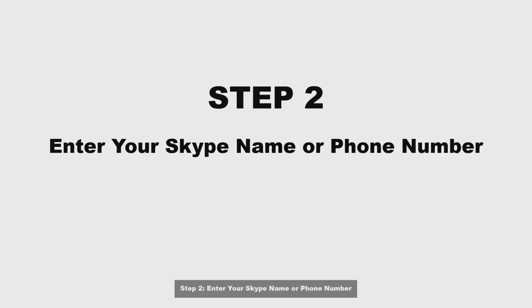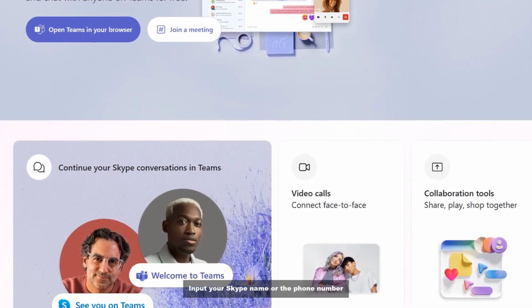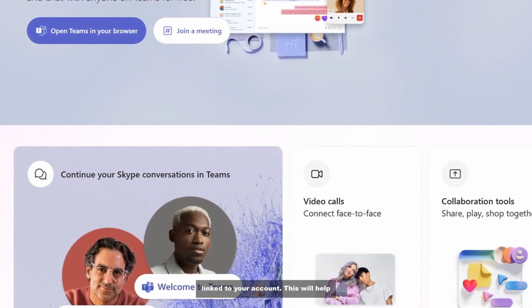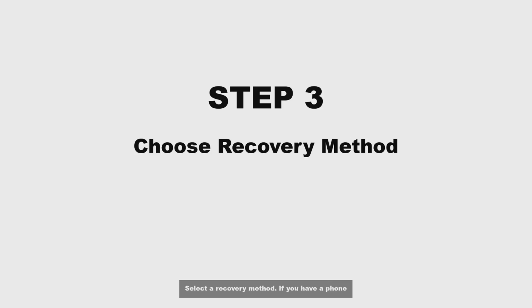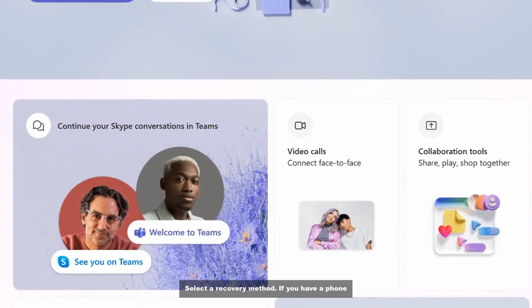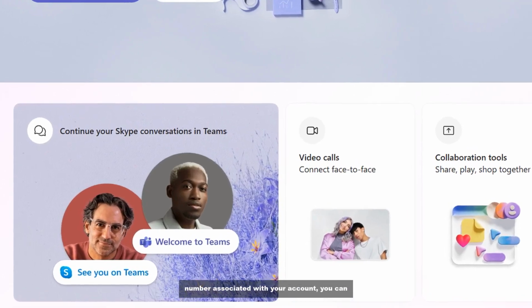Step 2. Enter your Skype name or phone number. Input your Skype name or the phone number linked to your account. This will help identify your account for recovery. Step 3. Choose recovery method. Select the recovery method. If you have a phone number associated with your account, you can choose to receive a